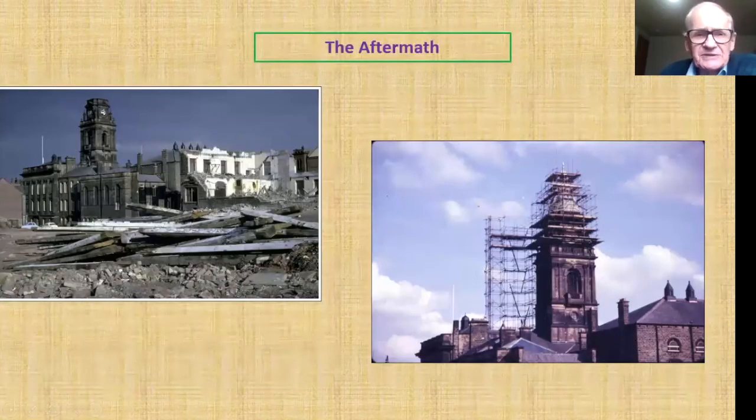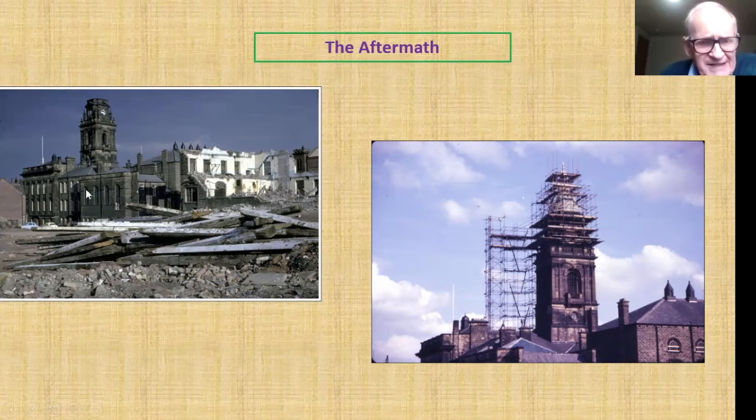The aftermath was a dreadful mess. The mill buildings were completely and utterly destroyed. But because of the efforts of the fire people, the main damage to the town hall was the dome. In fact, inside the building, little damage had been done. One of the officials burnt his hands in shifting some documents down to the safe and couldn't play golf for a couple of weeks, but that was round about it. The courtrooms here, and on the Monday following the Friday of the fire, it was possible for some court proceedings